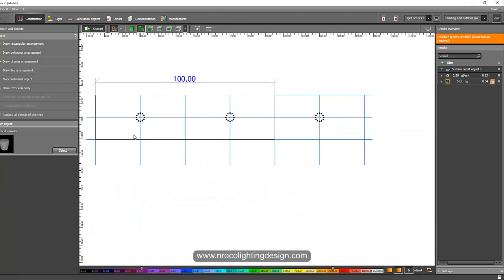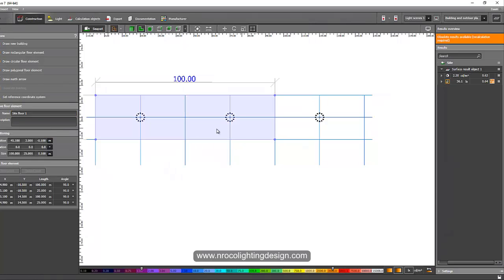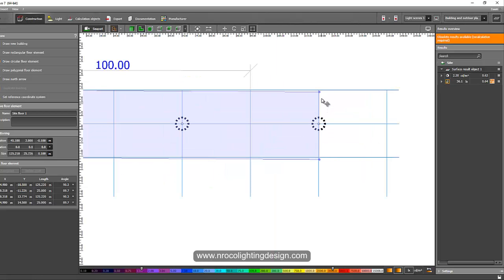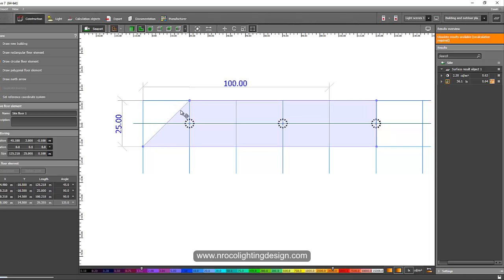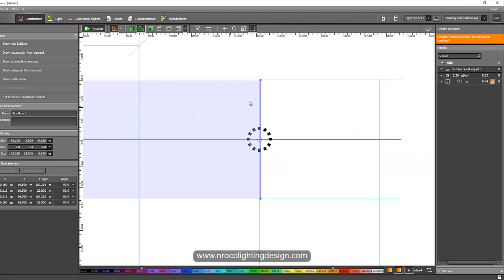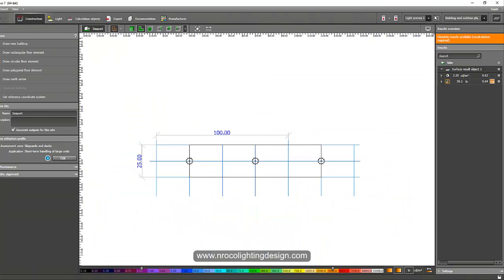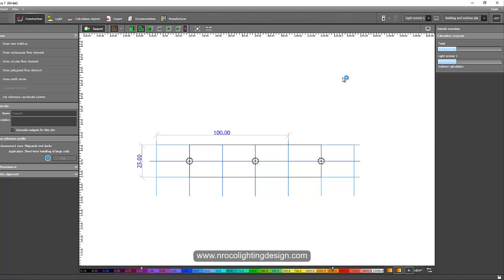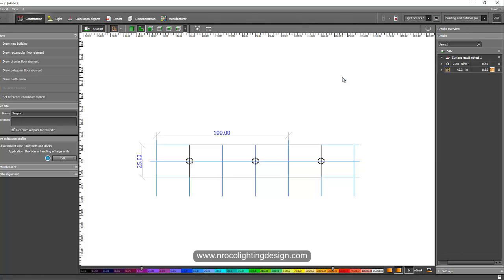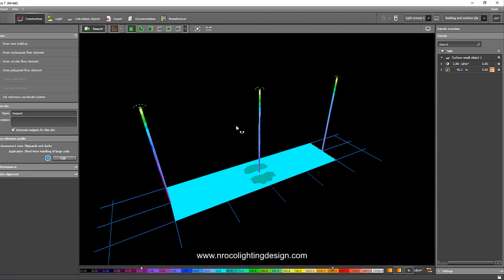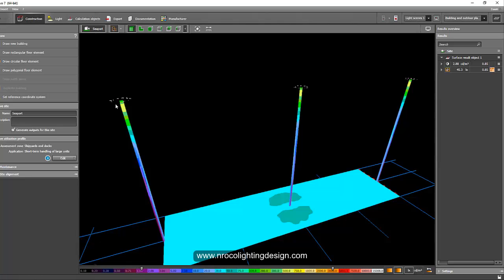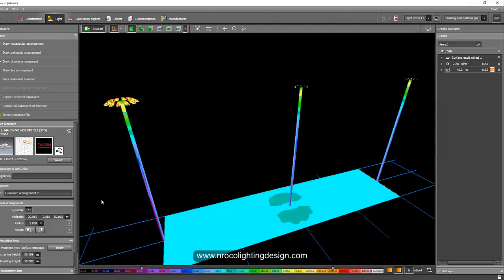So let's select this one and put it somewhere like here, and also this one here. So let's just imagine that it's continuous. So what we're trying to achieve here is a uniform distribution of light. So now it's 45. That means the 12 pieces of light is too much. It's overlit as per your requirement, which is only 30 lux.